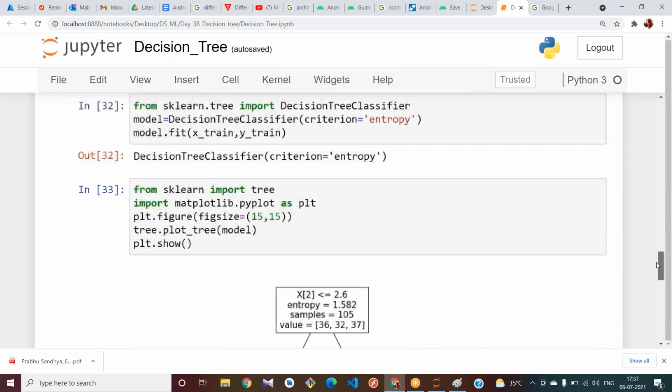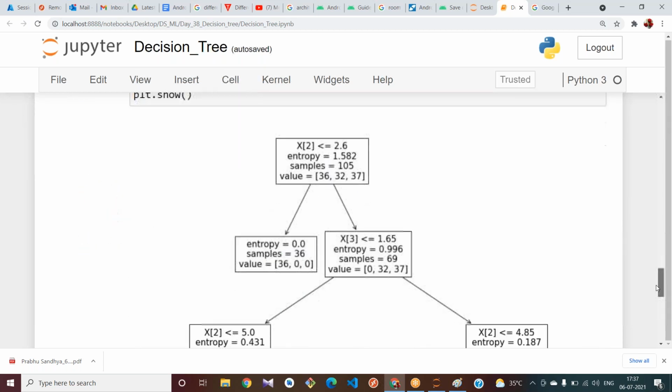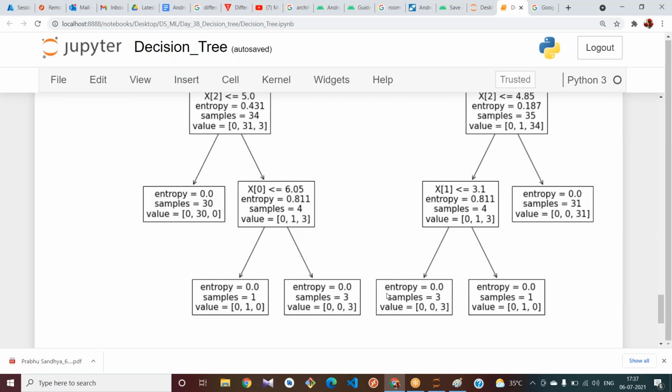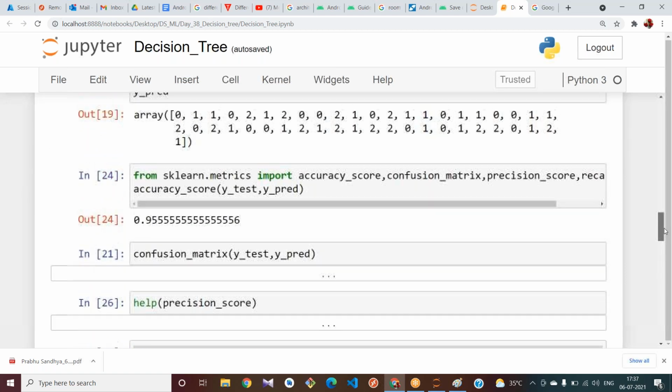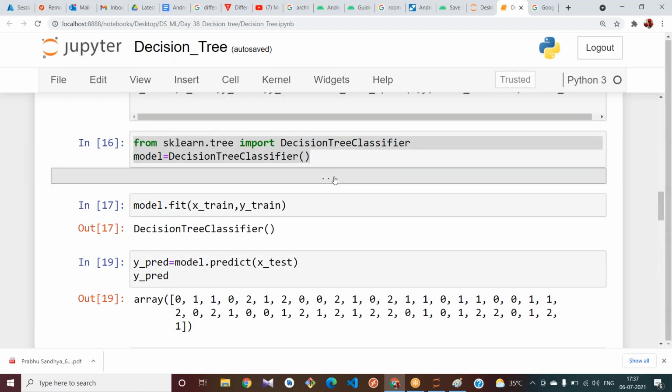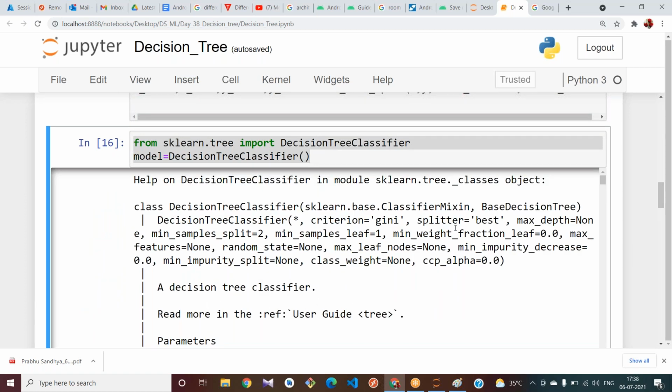If you want to control these levels, if you don't want to classify until you get entropy 0, and if you want only some levels, you can give the other criteria called max underscore depth.